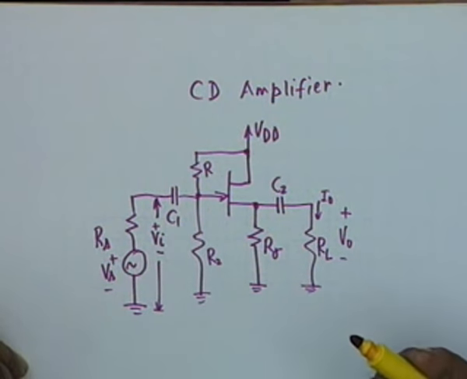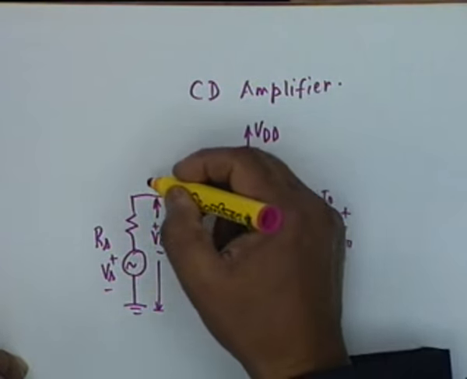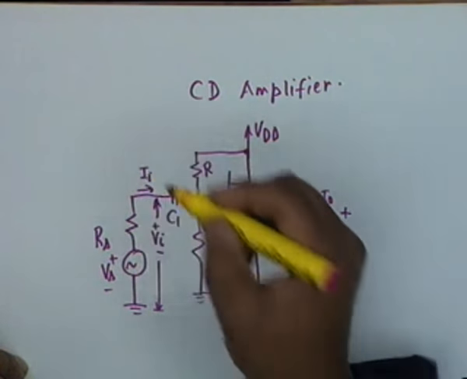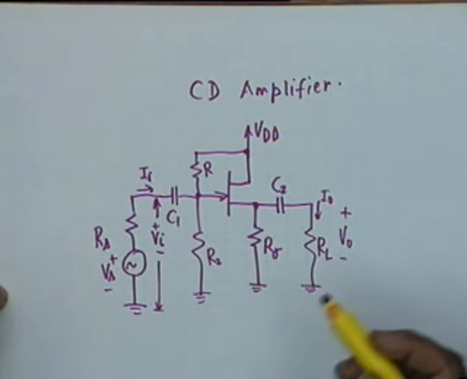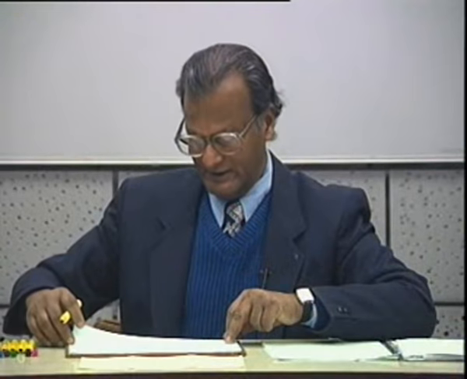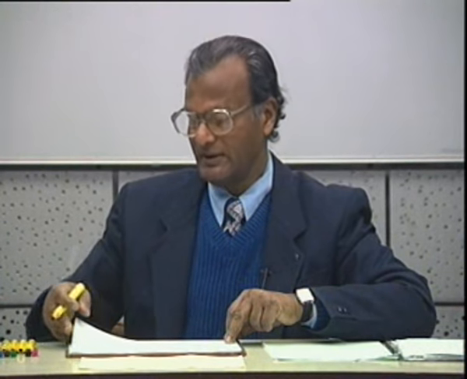If we know this gain, then we know the current gain. We have to calculate I sub I. We know the current gain, we can calculate the input resistance, and also we have to calculate the output resistance, but V0 by Vs, that is AVs, can also be found out. Okay. The equivalent circuit here, if you go step by step,